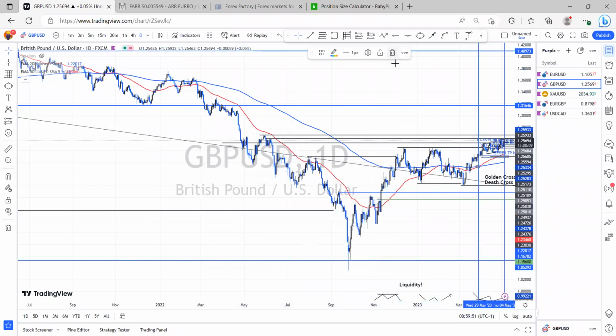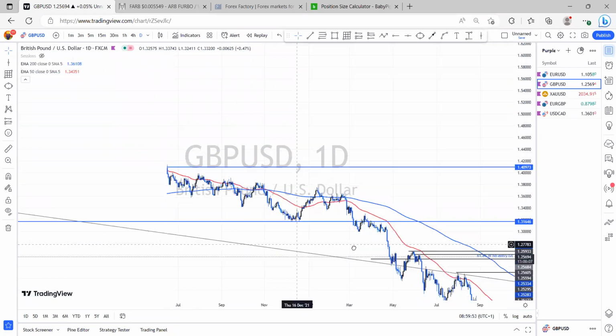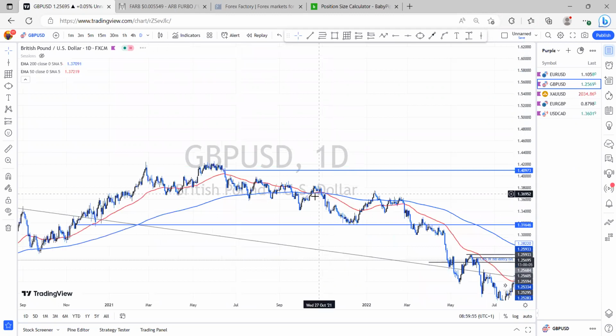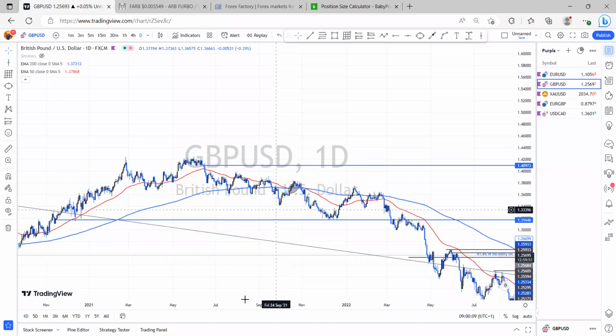It's time to remove this Fibonacci from my chart. This is the real dead cross here. Look, the 50 EMA was above the 200 EMA before, and look at how it crossed it here. As soon as it crossed it right there,